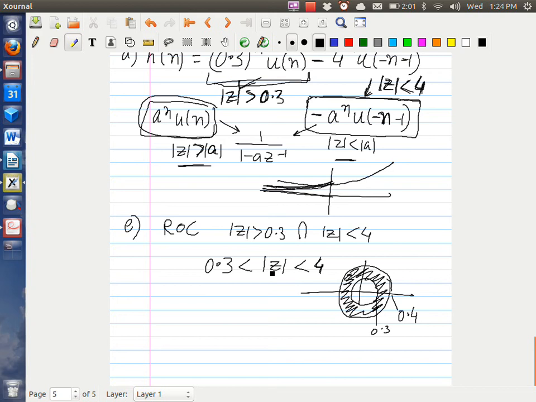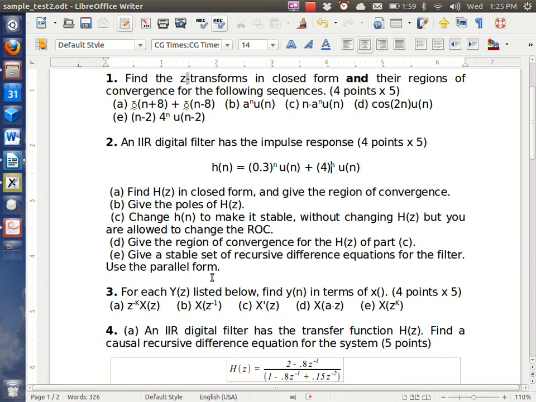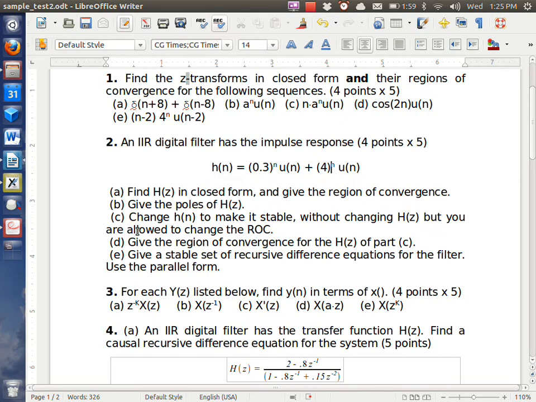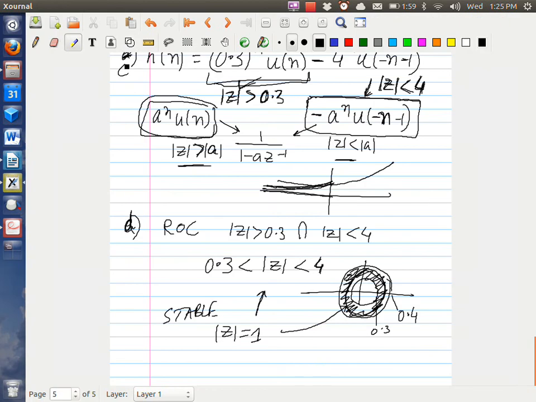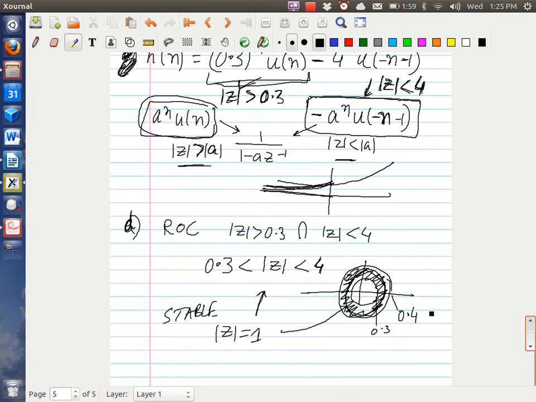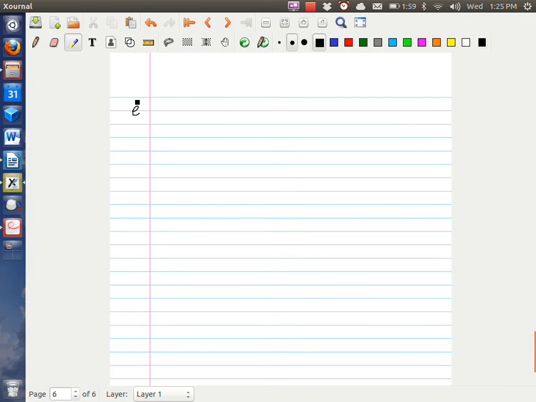So that's your new stable ROC, and you notice that it includes the unit circle, right? It's in here somewhere in the middle. So this is stable again. No, this was D. This was C. Okay, messed up the numbers. Yeah, the whole thing was C. This was D, and E is asking for